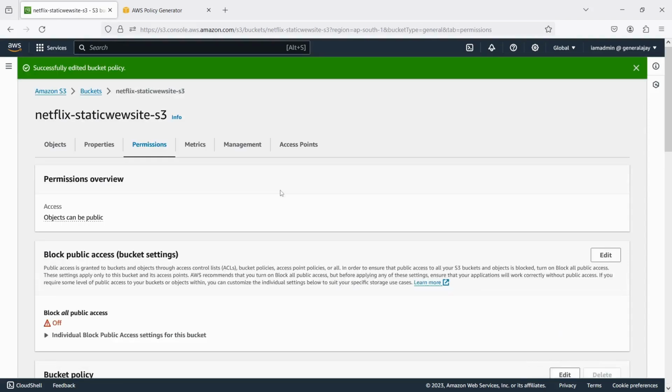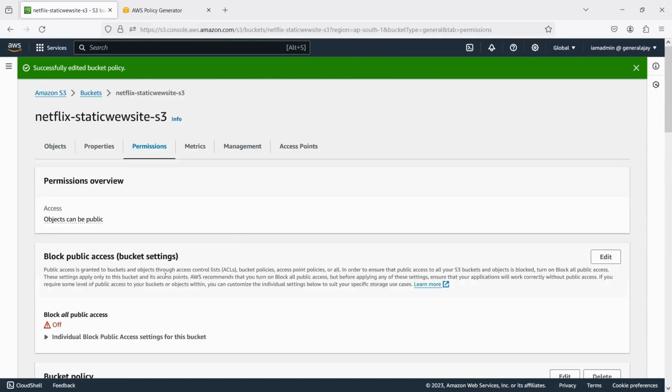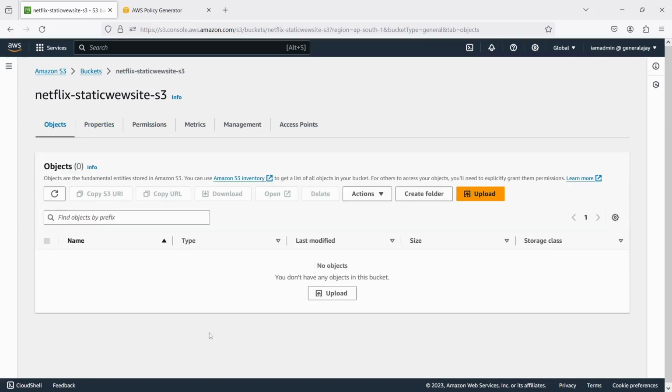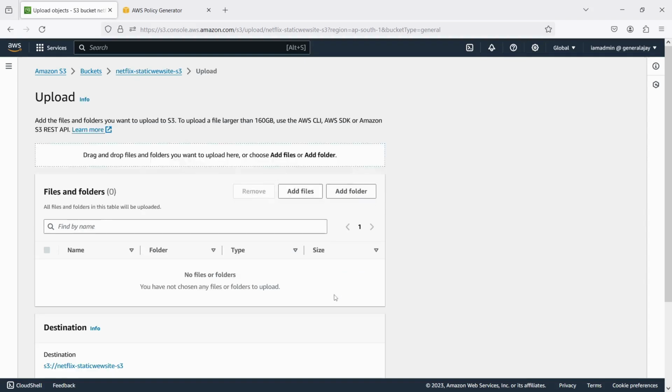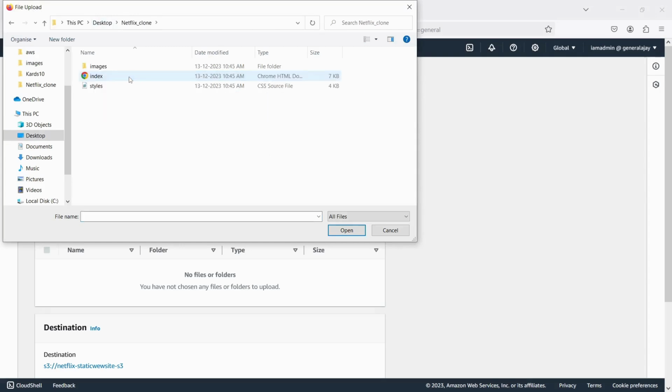Wait for some time. Bucket policy has been updated. Okay. We have given permission and properties. We have selected static website and we can upload objects. So I am having HTML and CSS files in my GitHub and I have downloaded them in my folder. The action is upload, add file. So already on my desktop, I am having the Netflix clone, which I have downloaded from GitHub. Select all,